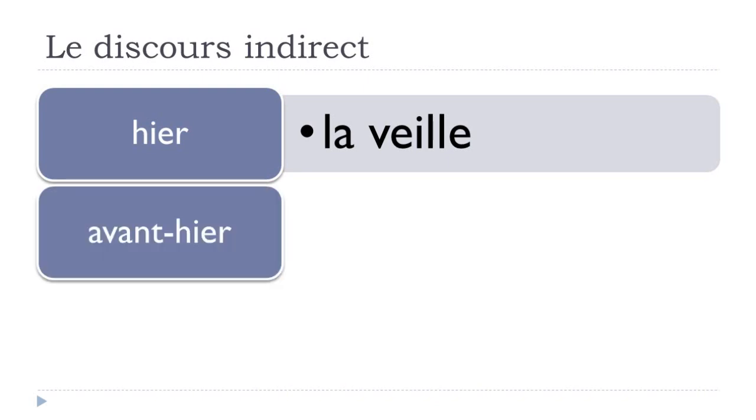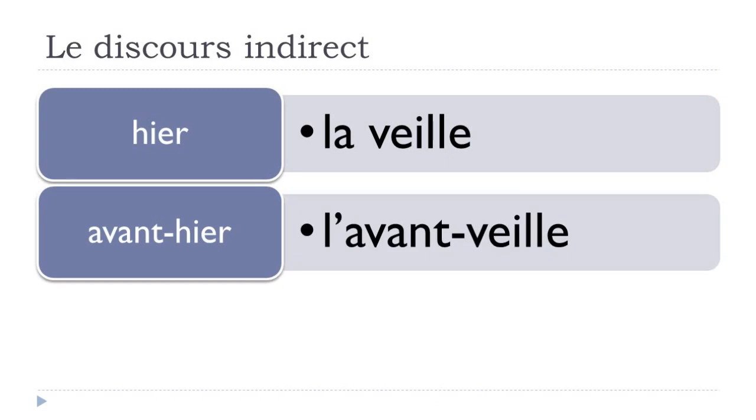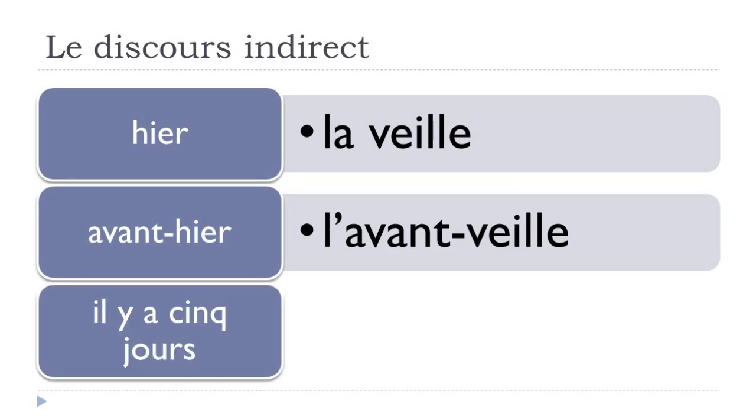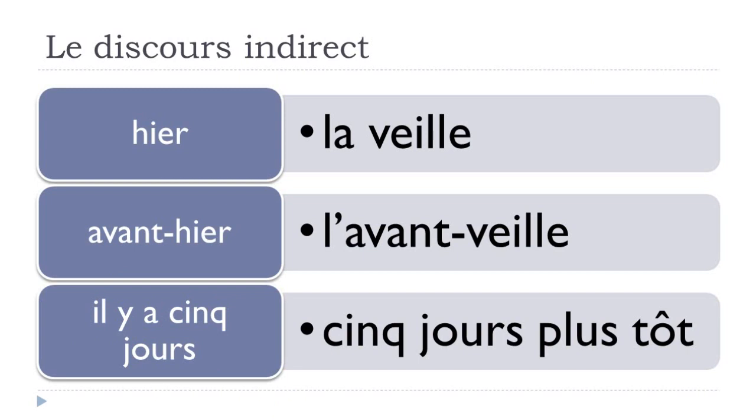Avant-hier, so the day before yesterday, l'avant-veille. Il y a 5 jours, so remember we've got this il y a structure to say this ago, so 5 jours, 5 days. 5 days ago, in French it's il y a 5 jours. And then if you transpose this, il y a 5 jours, into this discours indirect, it will become 5 jours plus tôt. Okay, plus tôt, earlier. Okay, so hier will become la veille, avant-hier will become l'avant-veille, and then il y a 5 jours will become